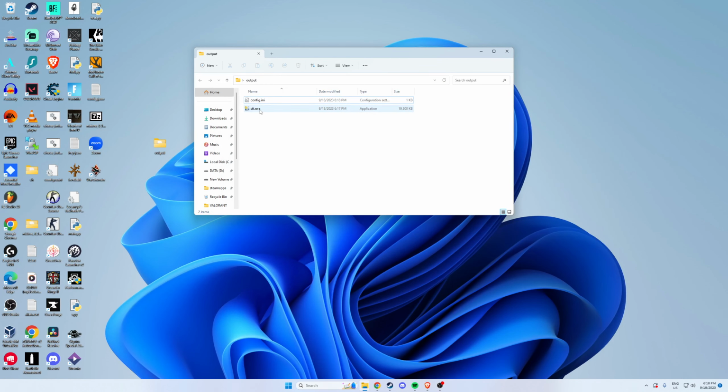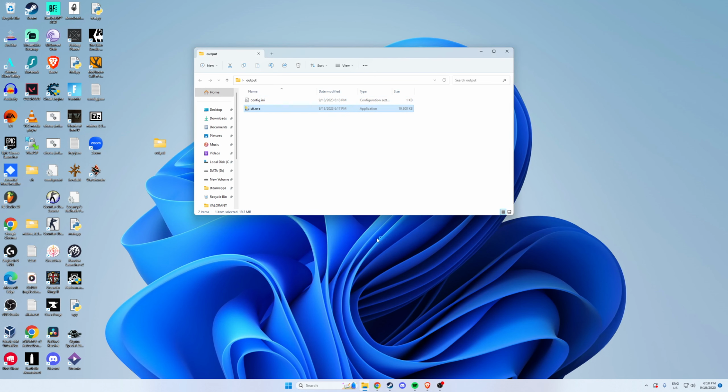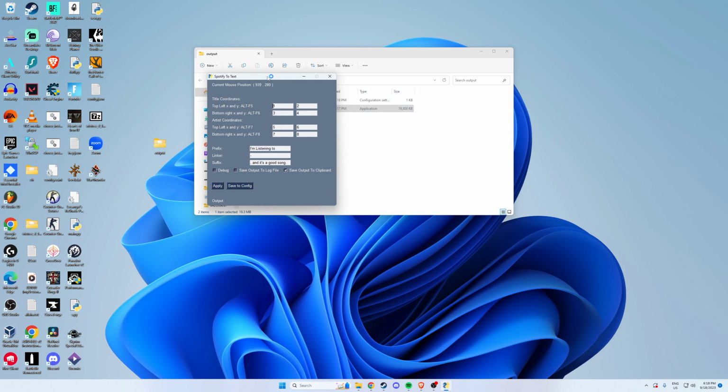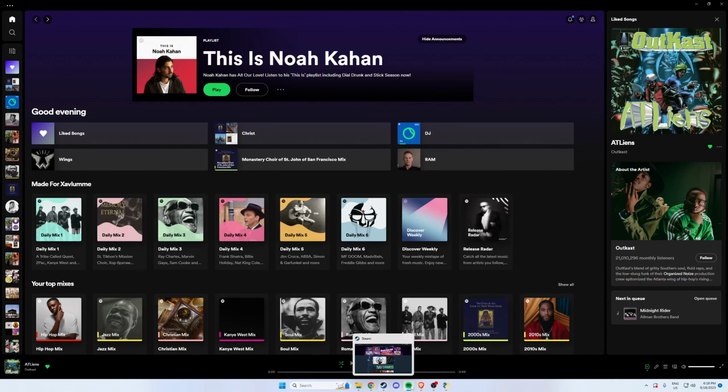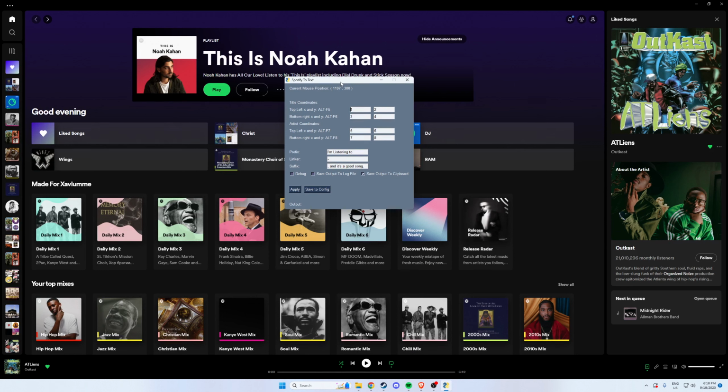And so now you can run stt.exe, run, and there we go. So what you need to do now is open Spotify and set it up. So what we're going to need is a box for the title and a box for the artists. Now then, that box is what this program is going to use to get the text. So we want, let's say over here,